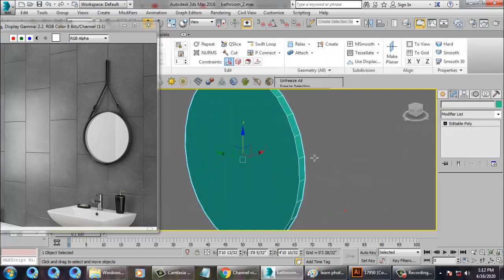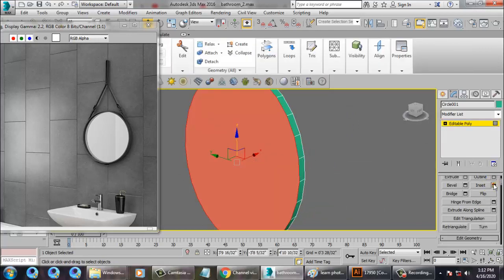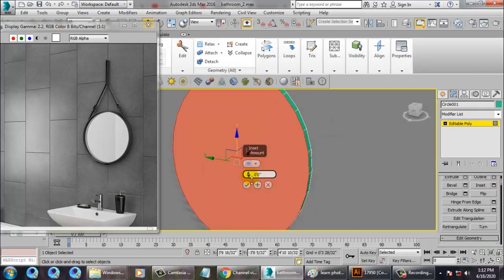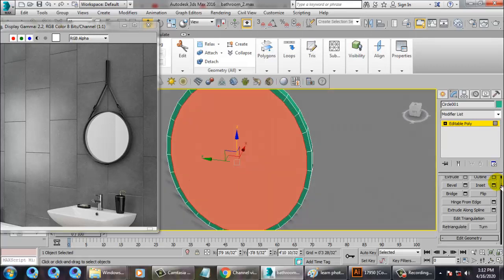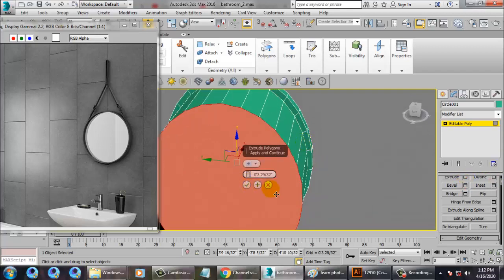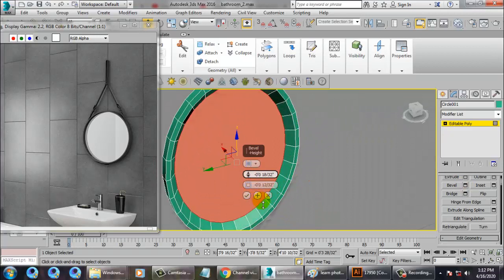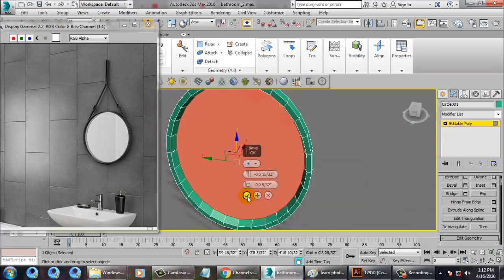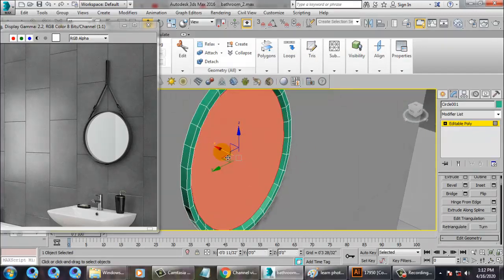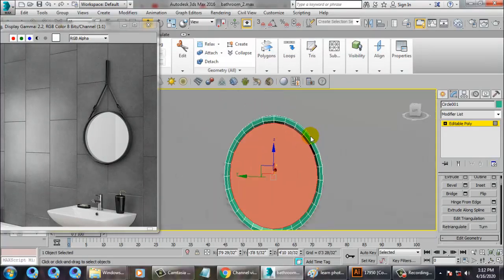Right click, convert to editable poly, select this, insert it, and you can just bevel it. So beveling can be done, but not much. So don't give more bevel. So it should not look like a photo frame, it should look like a mirror.